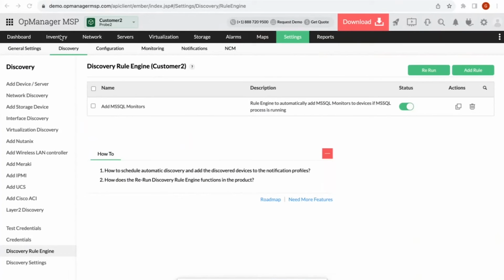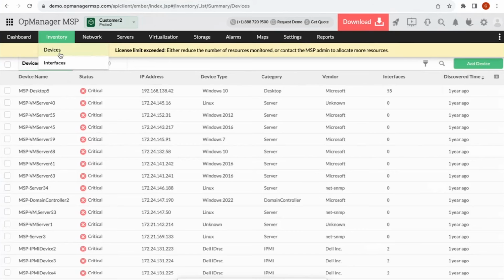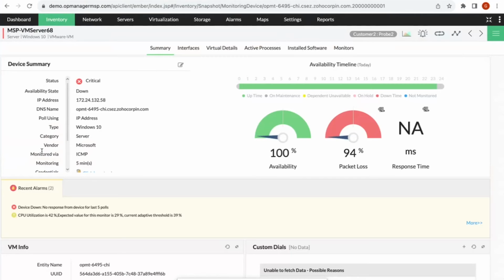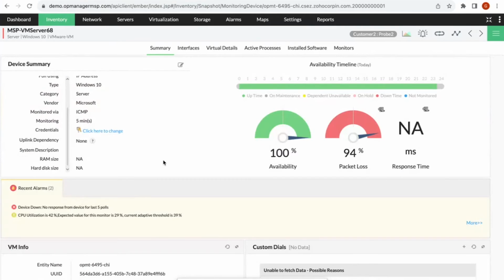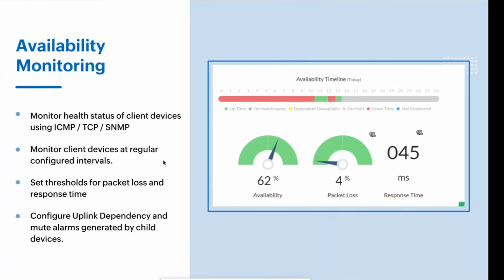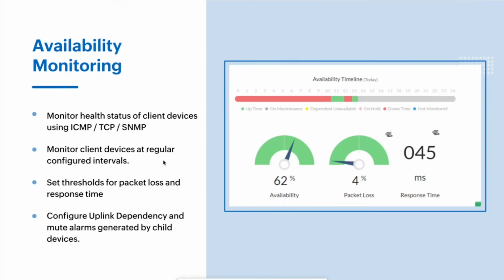Go to our setup. The devices that have been discovered will be listed in this inventory screen. Under summary, you will be able to view this page, which is commonly called the device snapshot page. These dials will show you the data on availability, packet loss, and response time. And device summary details will be listed over here. So this is all about the device. Moving on to the next slide,